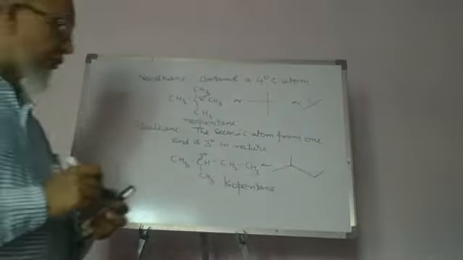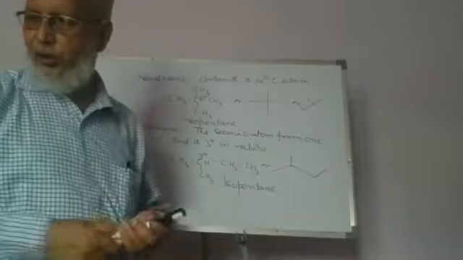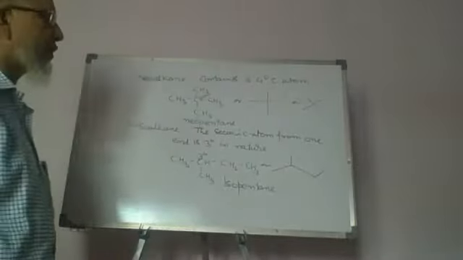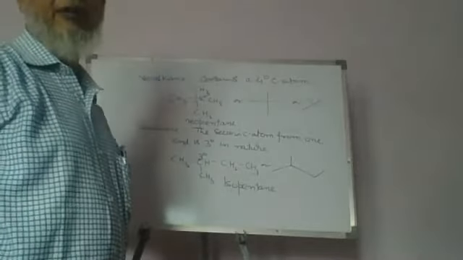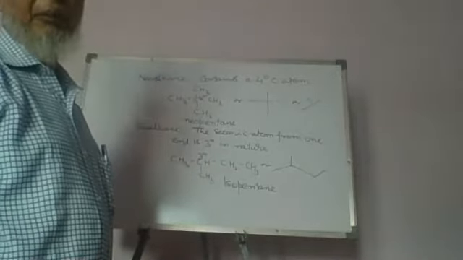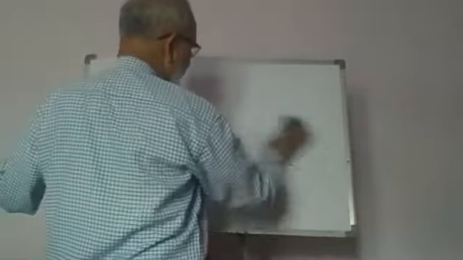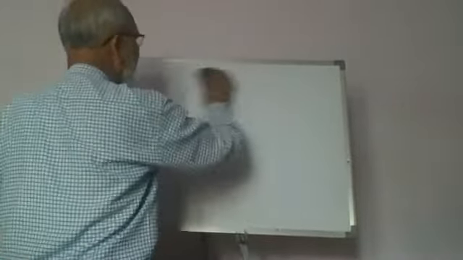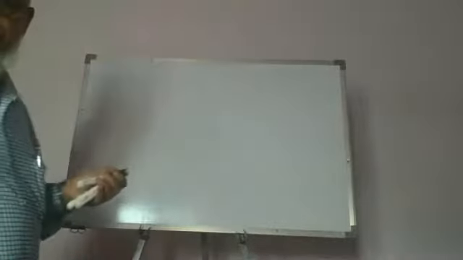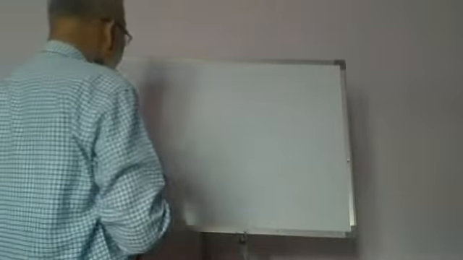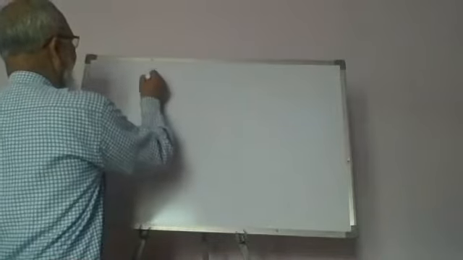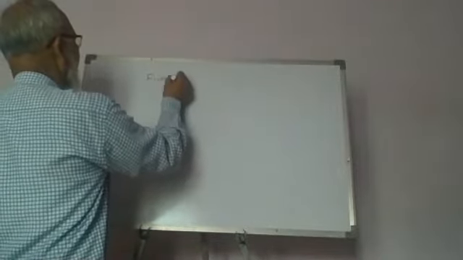I think it will be clear now about N-alkane, isoalkane, and neoalkane. And if we have a clear concept of this, it will be very easy to know what the different types of alkyl groups are based upon the nature of the carbon atom. So the different types of alkyl groups based upon the nature of the carbon atom are 5.